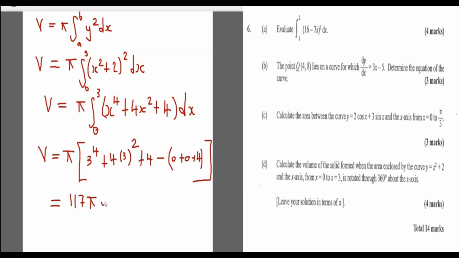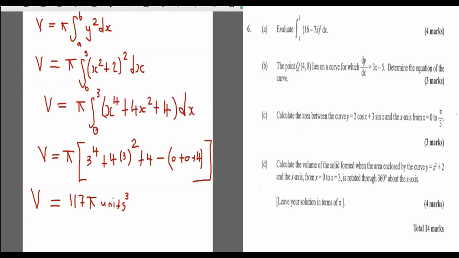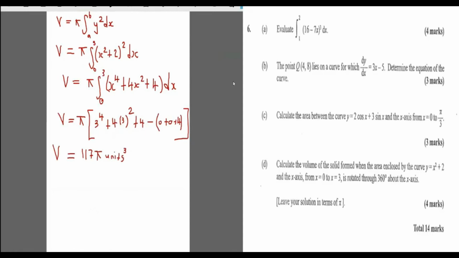So it's 117 pi units cubed. Nice and easy. That's how we find the volume. All right. Now we go ahead to section